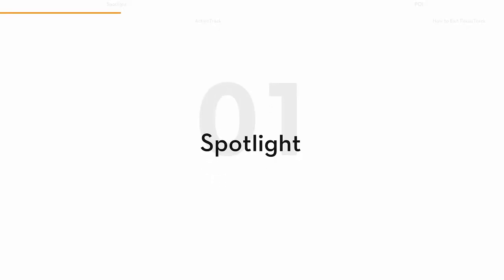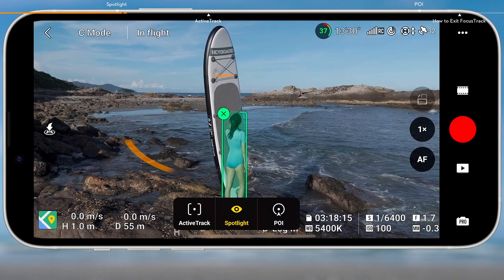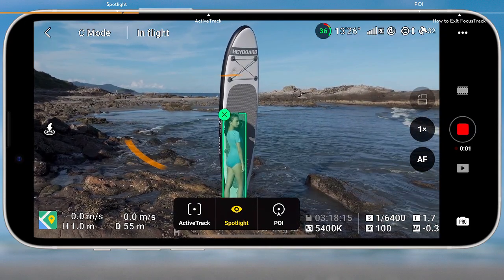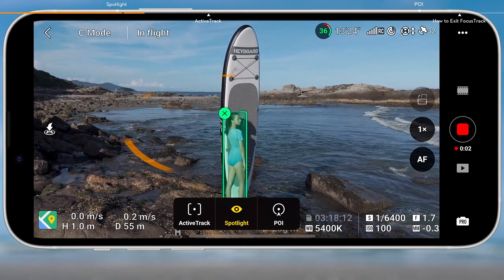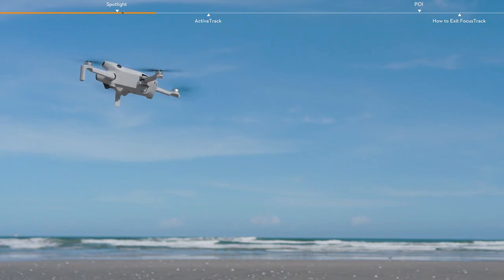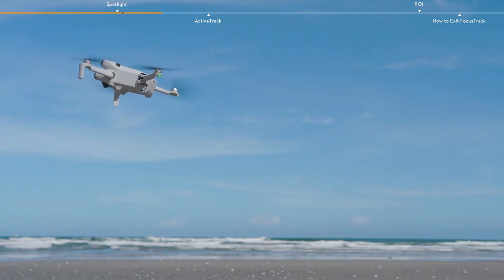Spotlight. Spotlight is the default mode once entering FocusTrack. Press the shutter record button on the remote controller or the screen to start shooting photos or recording video. In Spotlight, the aircraft does not fly automatically, but the camera remains locked on the subject while you manually control